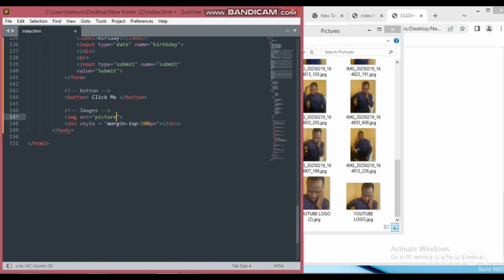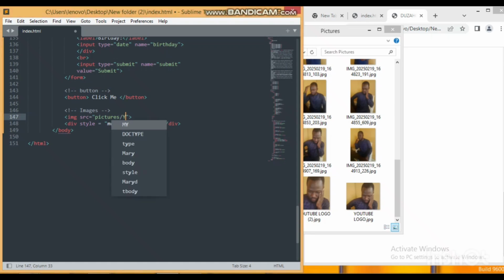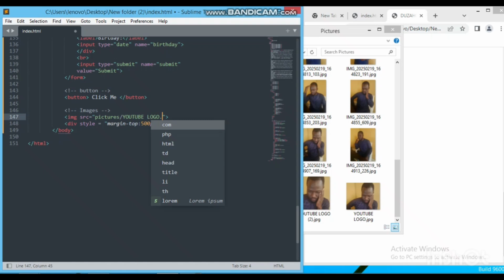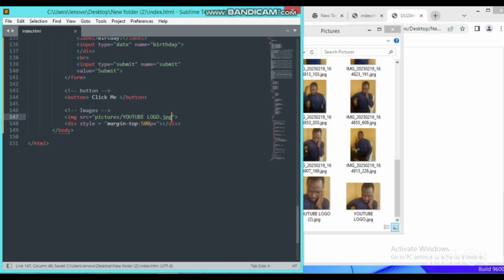So the source here will be pictures, sorry, underscore, stroke YouTube, that's the name of the picture, YouTube logo dot jpeg. Okay, so let's Ctrl S and reload here in our